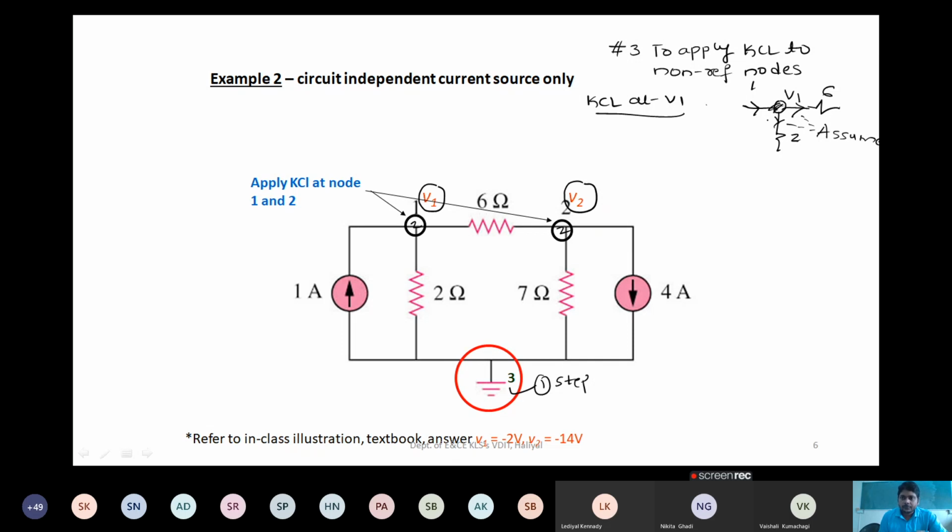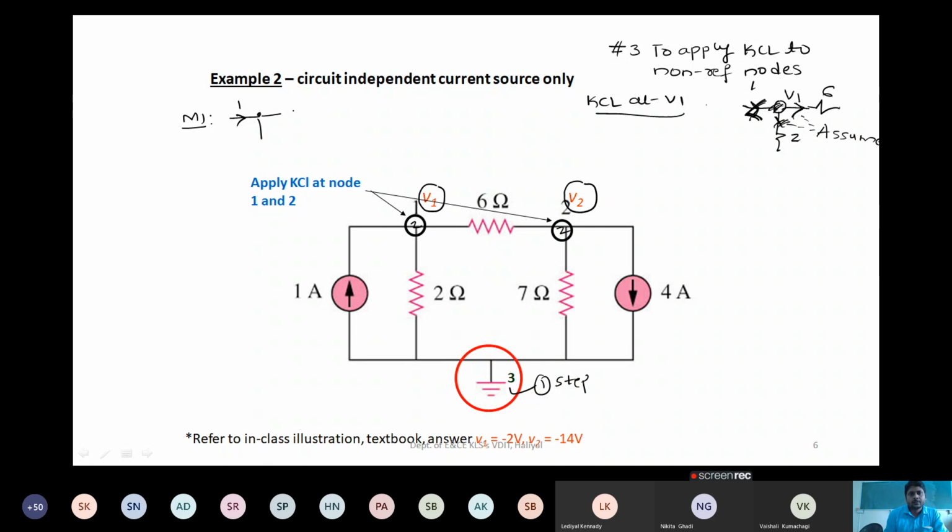Now, they have already given this direction. So if you assume that this is also an outgoing current for a while, all currents as outgoing currents, and I apply KCL, I will show you the first method. I will write it here. Method number 1, with the same directions if you assume.